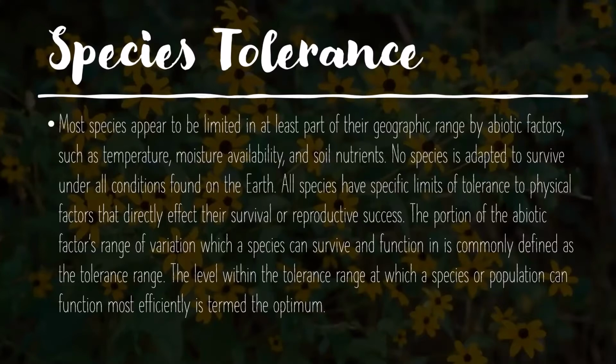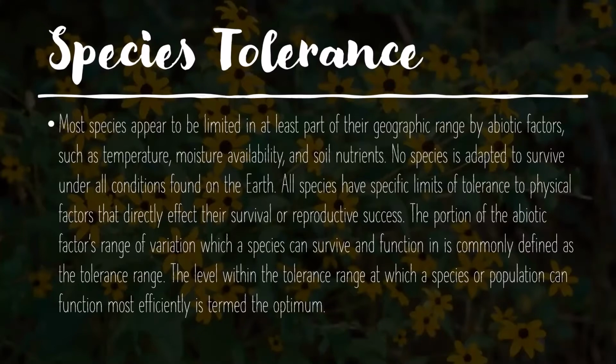So there are instances where species might be found in a particular area that might be of an extreme, but it might affect their reproductive ability. So because the place is too hot, the fish is unable to reproduce, for example. So the portion of the abiotic factors' range of variation in which species can survive and function is commonly defined